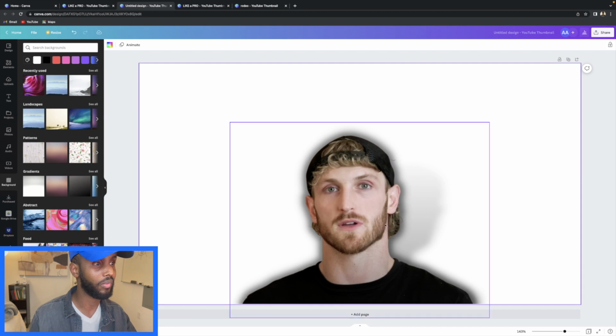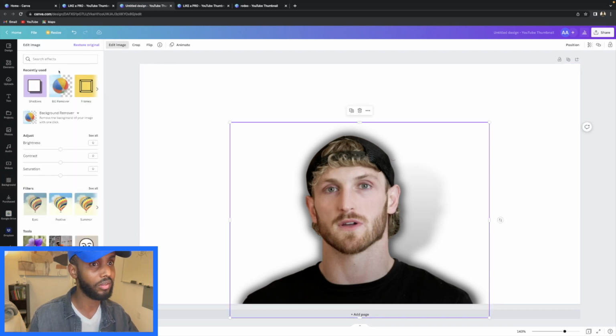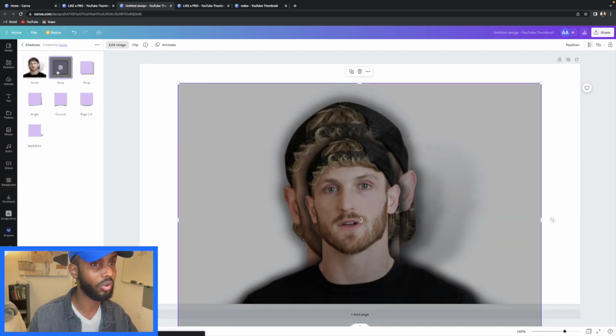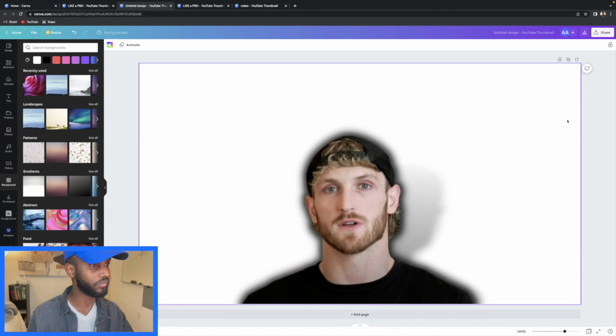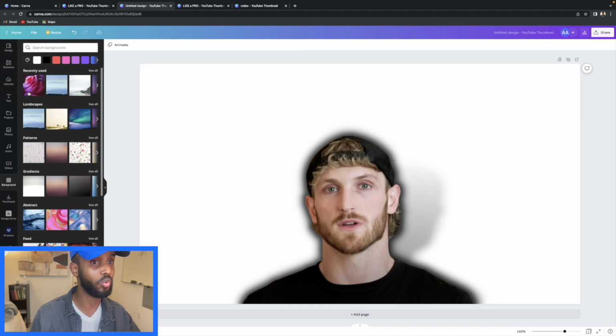And maybe I actually want to go back to the glow, and I want to increase the size just a little bit, just like that. Okay, so now we have this. Alright, so for the next thing is we want to add text to our